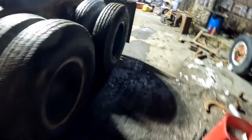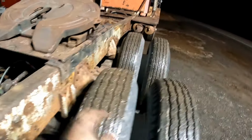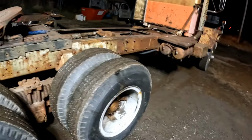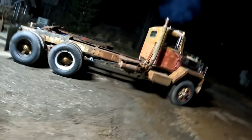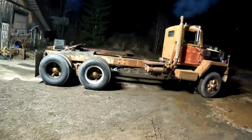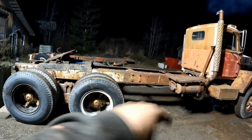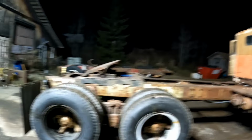Let's check this out. It's kind of tight, so it's not on all the way yet, but looks like a really stretched road tractor. Oh, I just gotta find something to fill in the gap. I don't know yet. Well, that's a wrap for this week. We got the 5th